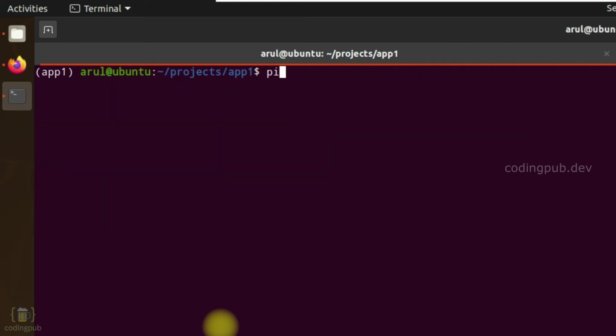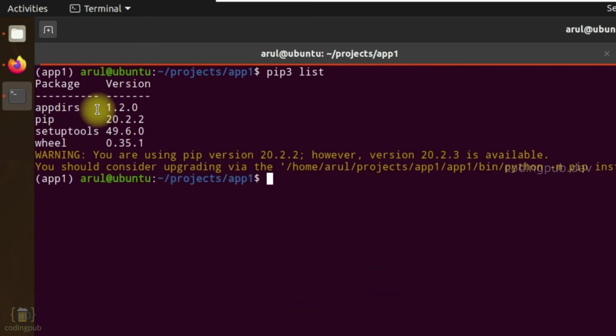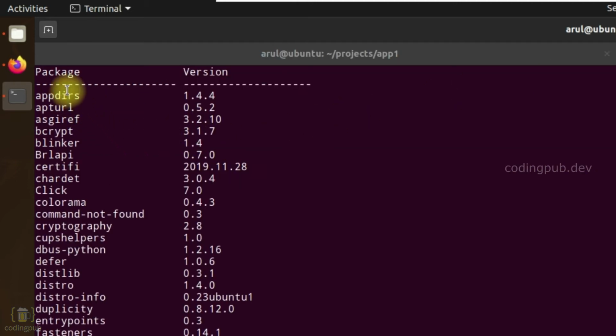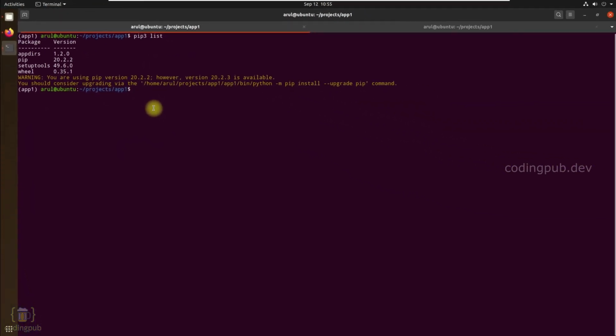If I type the command pip3 list, you can see the version of appdirs is 1.2.0. This is inside our virtual environment. If I go to the global packages list here, the appdirs version is 1.4.4. So this is how the virtual environment works.